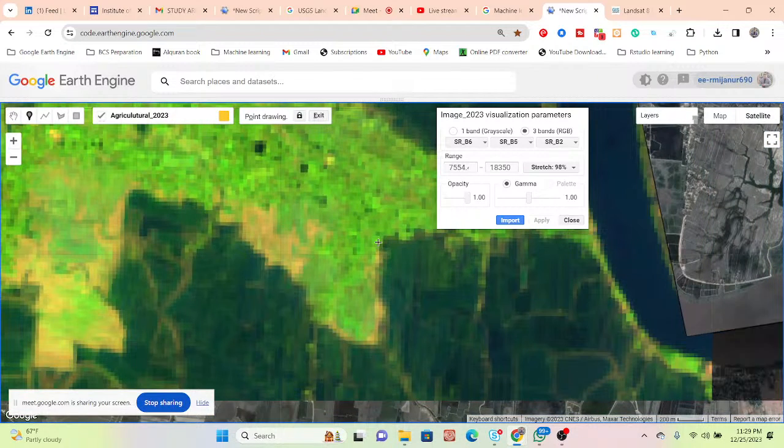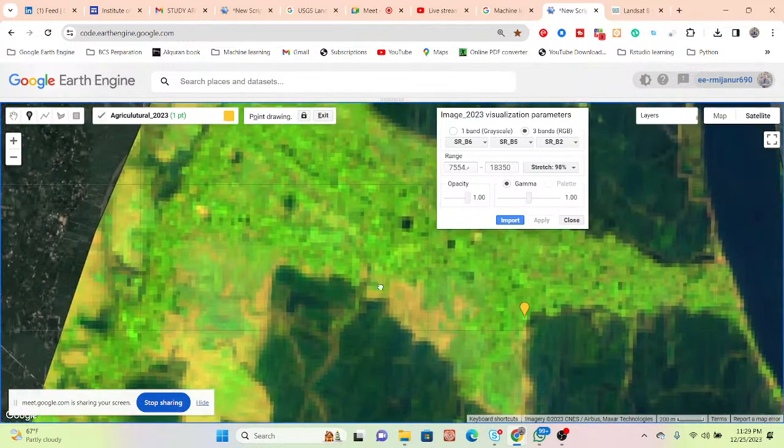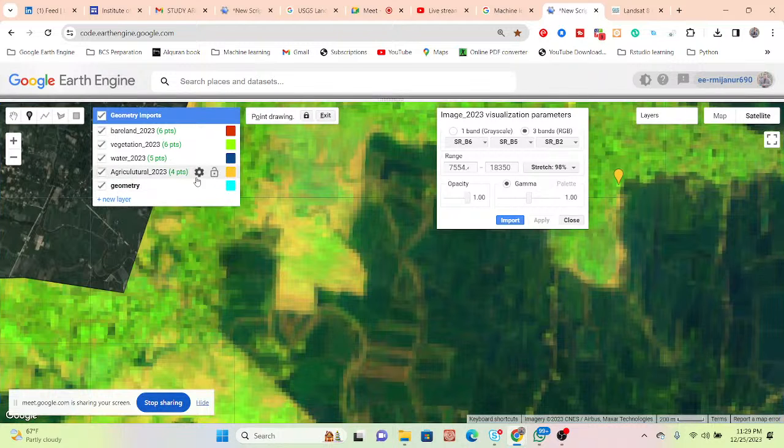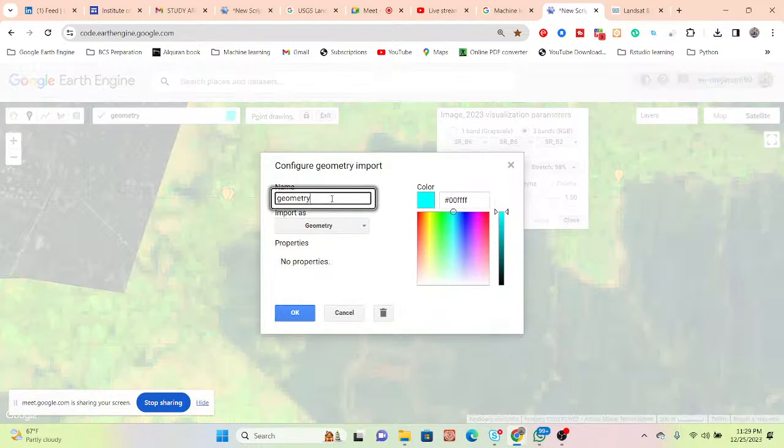This is a light green. You can simply take this agricultural land. Let's just take this type of light green pixel. Okay, suppose then simply take this, click here and put here the